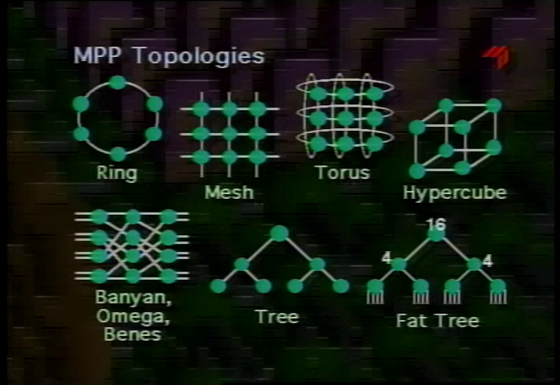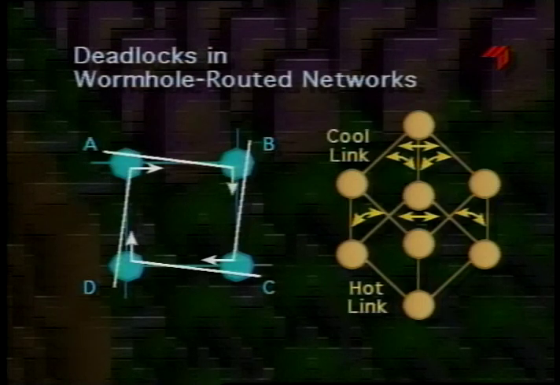One of the key characteristics of many of these networks is that they have loops that could cause deadlocks. Basically, a deadlock is caused in a wormhole routed network by a number of packets arriving at just the right moment at a set of routers, such that each packet is blocked by the tail of another packet, as shown in this diagram. Here, A, B, C, and D all arrive at about the same time, and they're all blocked by one of the other packets. This sort of deadlock can occur in a hypercube, a mesh, a ring, or a torus network, for instance. We can break these deadlocks through the routing algorithms to make sure that we don't allow all of the packets to route at the same time.